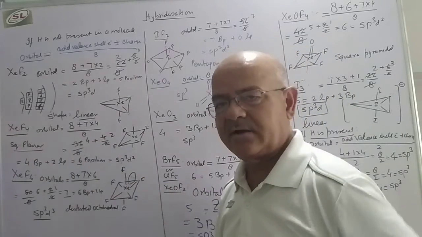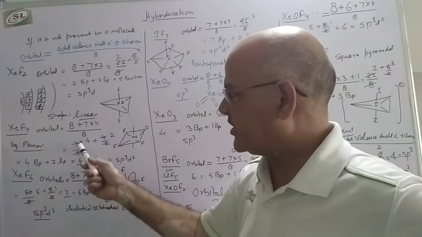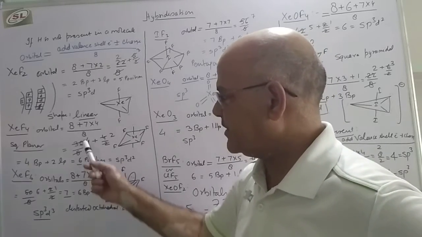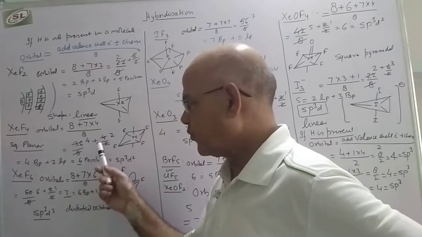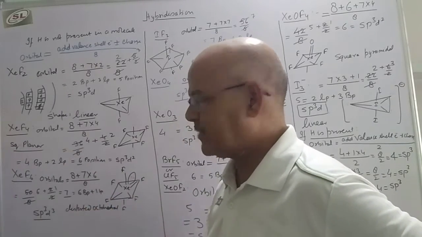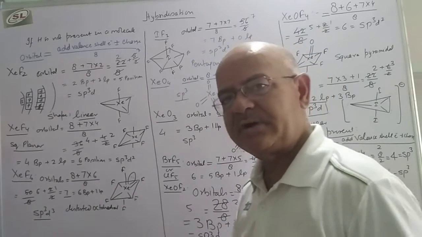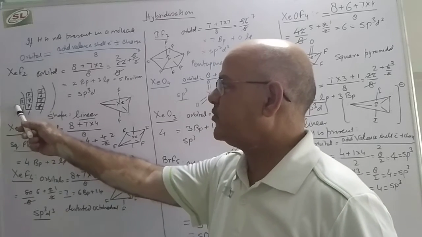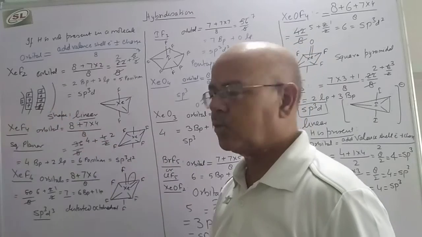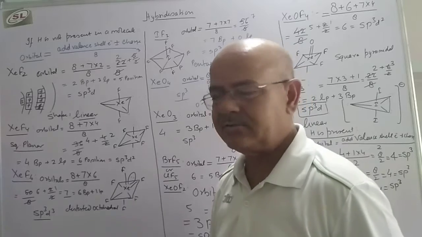8 in the valence shell of Xe, 8 electrons, 7 in fluorine, so it will come 36 divided by 8. 8 4s are 32, that means 4 bond pairs are there. 4 is the remainder. When it is divided by 2, it will come 2. 2 lone pairs are present. A total of 6 positions will be required. 6 orbitals will take part in bonding. And when we count the 6, 1 is S, 3 are P and 2 are D. So sp3d2 will be the hybridization.